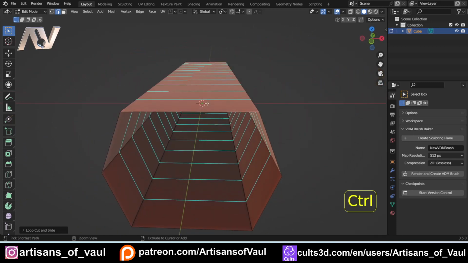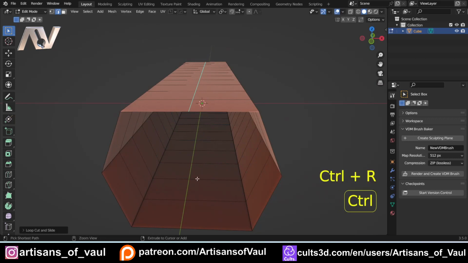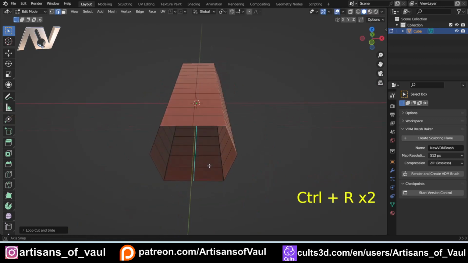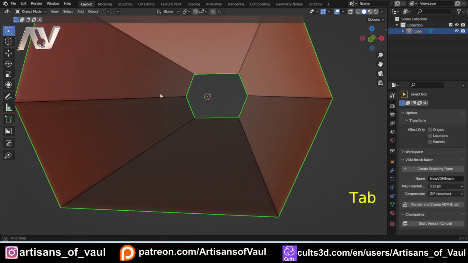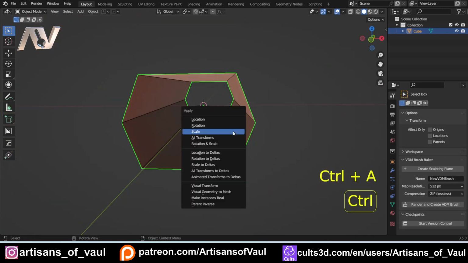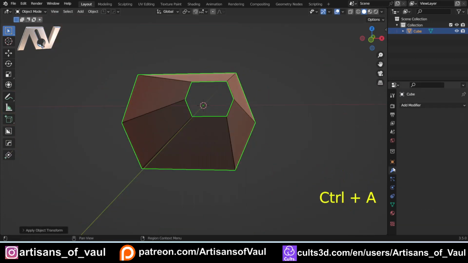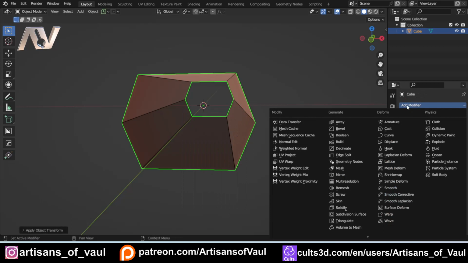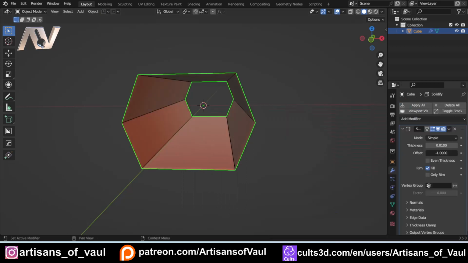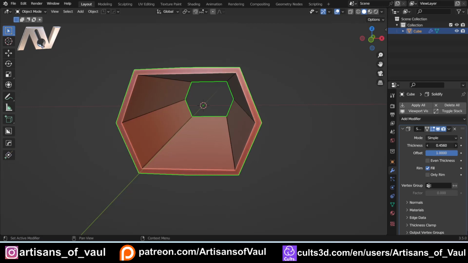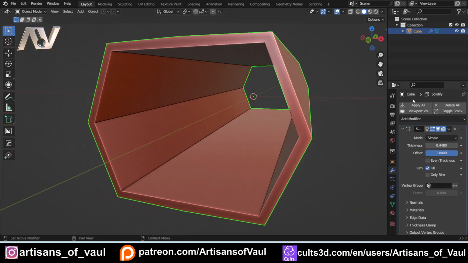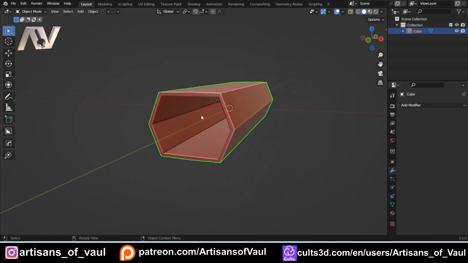Now what I'm going to do is Control and R and put an edge loop on the top and at the bottom, and importantly, because this is going to be for 3D printing, we need to add some thickness, so I'm going to Control and A, apply the scale, and I'm going to go here, add modifier, and let's add a solidify. We want that to be 1 for the offset, so it's going out, and then we'll up that thickness to somewhere there, but that's fairly arbitrary for this. Either way, we're going to come in here and apply this so we've got solid geometry,